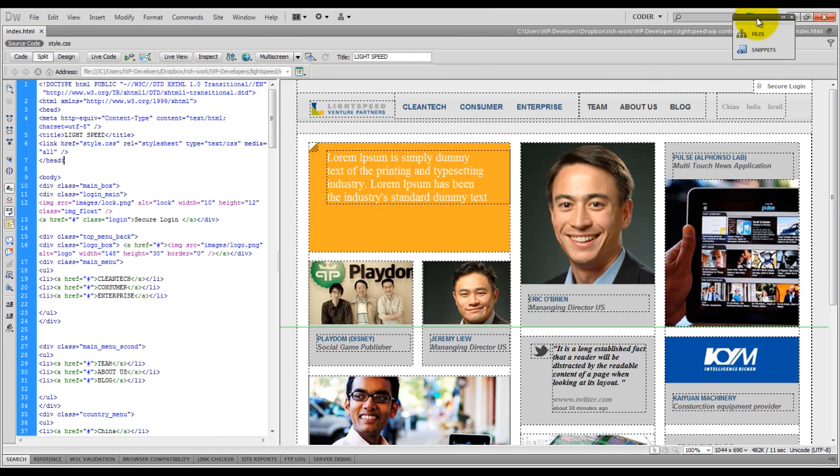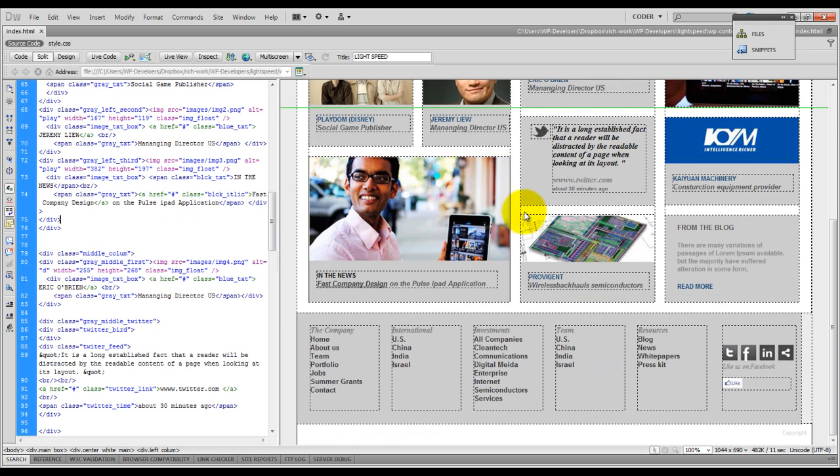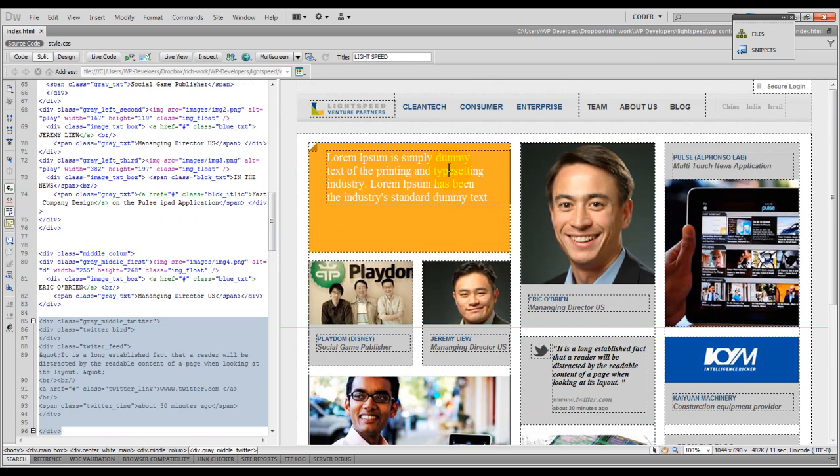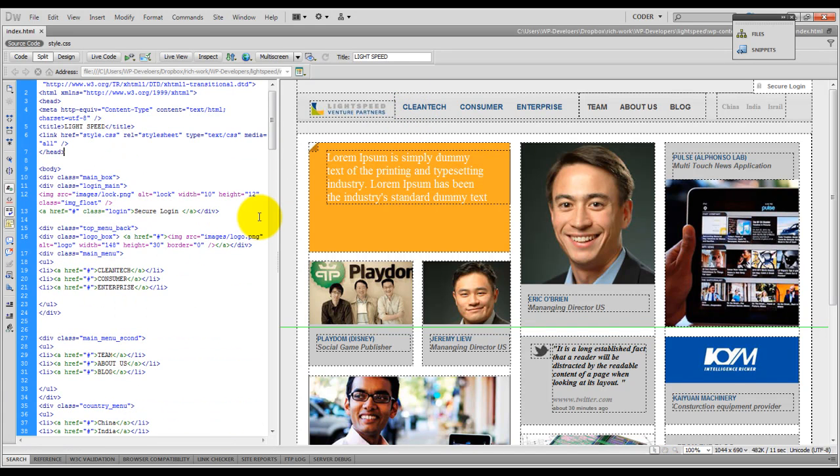Okay, so as you can see, I've just opened up this HTML for the home page in Dreamweaver. On the left side, I've got the code, the HTML, and on the right side, I've got the design view. The design view is going to help me quickly find where code is. And so the first thing we're going to do to convert this into a WordPress theme is we're going to